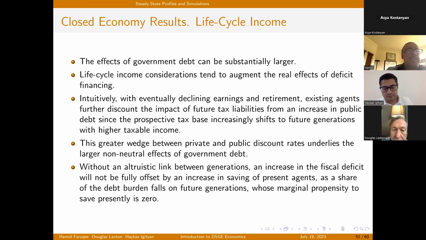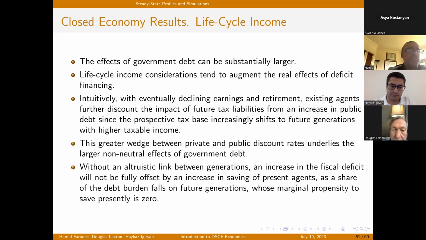And maybe in a simpler way of saying it, remember that an increase in, say, public debt today implies an increase in future tax liabilities, right? Because the government has to obey its intertemporal budget constraint in the model. How much of those future tax liabilities affect your current behavior is dependent on the private discount rate. And in the model where you have, say, age earnings profiles, you're going to be less worried about future taxes because you have lower taxable income in the future with those income profiles. It effectively raises that private discount rate. So that's a little bit of the